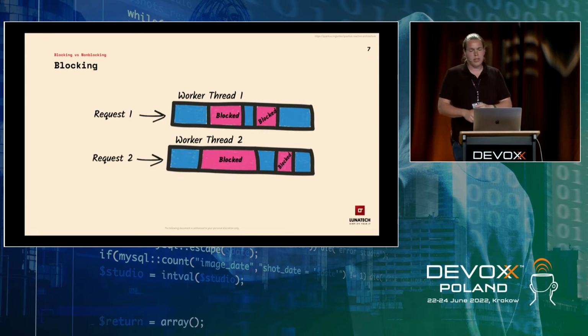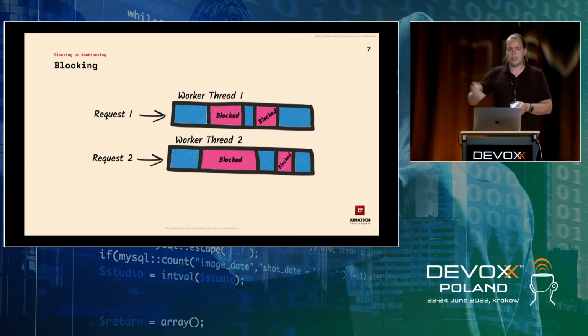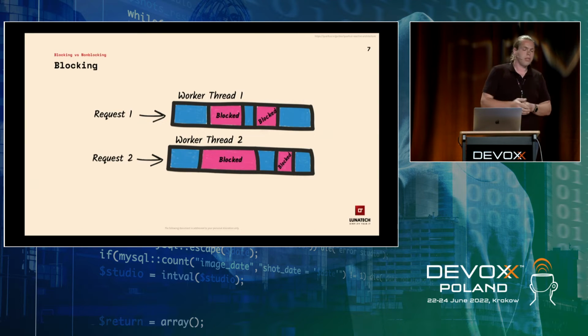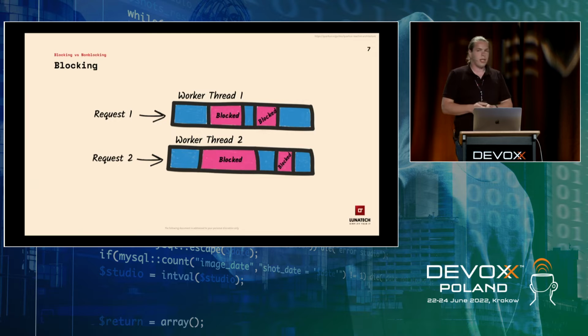So a request comes in on worker thread 1, it does some work, and then it calls the database, and does a blocking operation, parks the thread, waits a bit till it gets the result. But in the meantime, we have request 2 coming in. Well, luckily we still have a worker thread available, so we can handle the workload there. We do some other blocking operation, we park that as well, and then we end up waiting. This is a really simple example, just 2 threads and 2 requests. Well, what happens now if a third request comes in, you can't do anything anymore.